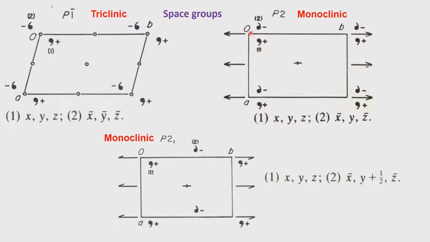So, the location of the two-fold axis could be anywhere along this direction. As a result, we do not get any other positions associated in the B direction. Notice that this is a projection of OA-B looking down the C axis, and therefore, the angle between A and B is 90 degrees. So, this is a nice rectangle.